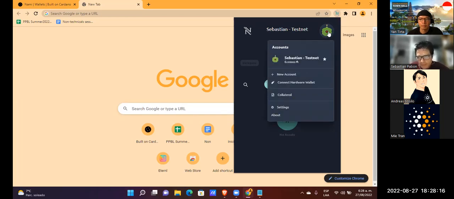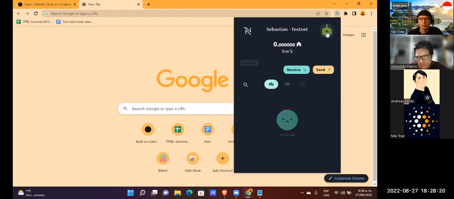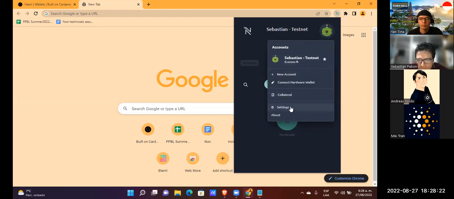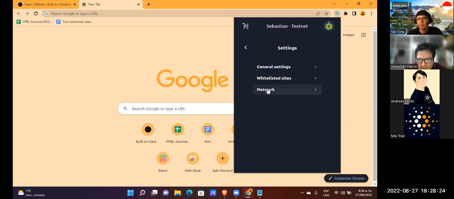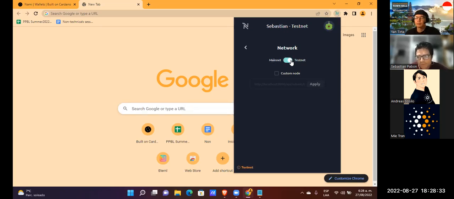But in this section, you click here, go to settings, and go to network. You can change here from mainnet to testnet.